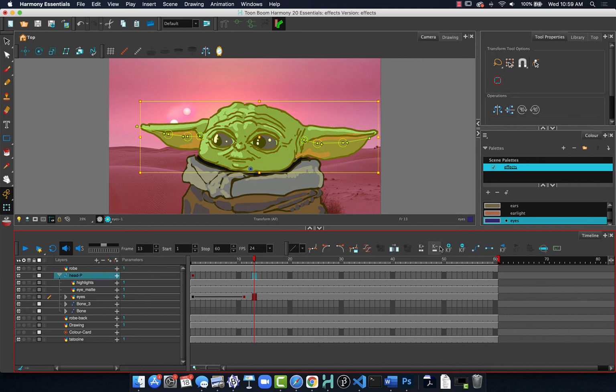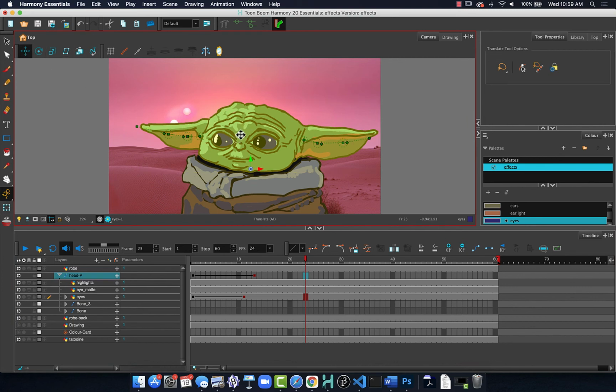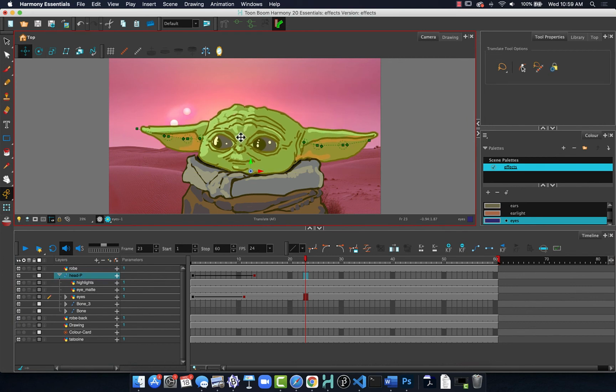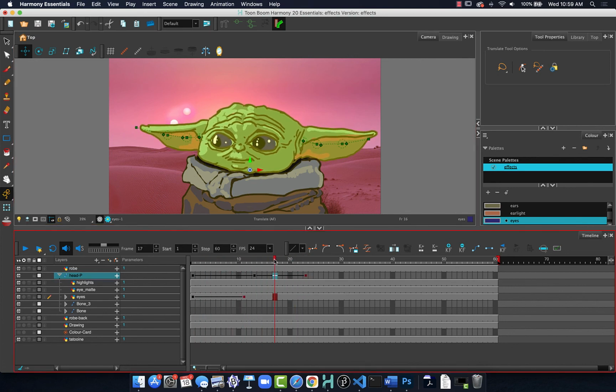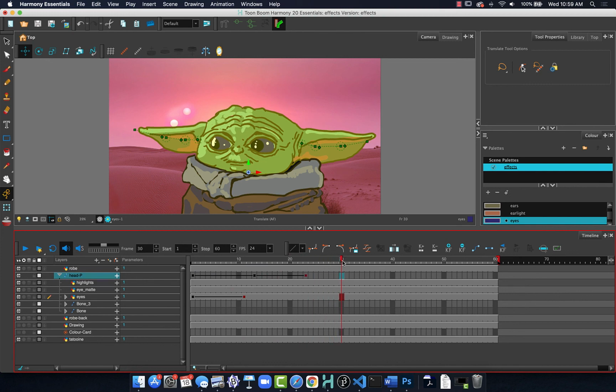So at this point I want to insert a keyframe for the head peg, and I want to pull now the head down a little bit. I'm going to pull the head down so it starts to go into the robe a little bit here. So the head is going to sink. And now, at this point, I'm going to start animating